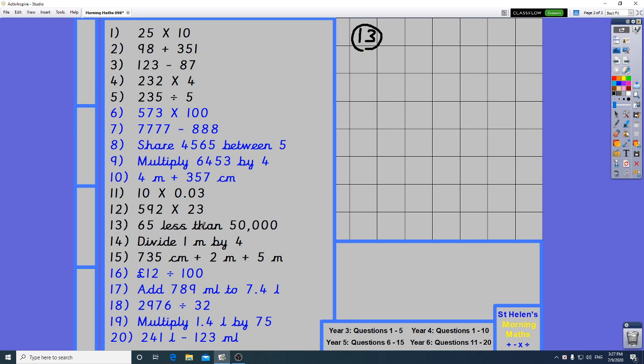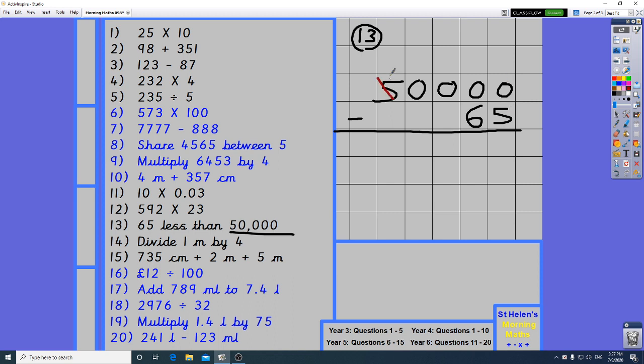Quite a strange minus because it's 65 less than this massive number, 50,000. 65 less than 50,000. I think it will be 49,935. Let's show you the column method for that. 49,935. Loads of borrowing because 0 take away 5 you can't do. Ten take away 5, 5, 3, 9, 9,